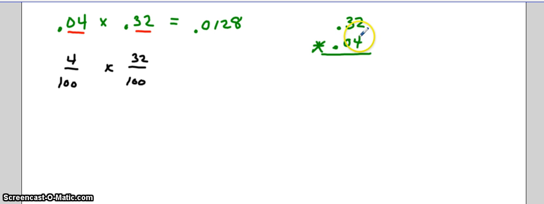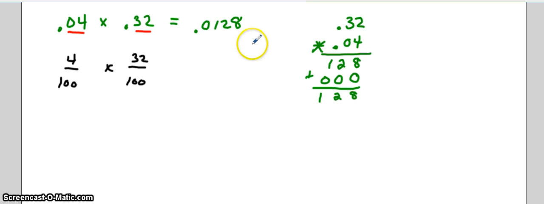So let's multiply. 4 times 2 is 8. 4 times 3 is 12. We're going to go ahead and write the 12. We're going to add a 0 because we're scooting over a place value. 0 times 2 is 0. 0 times 3 is 0. Okay, we're done. We're going to add those up. That's an 8, a 2, and a 1. Now, here's the part that comes in. We can't just say it's 0.128. So we're going to count our place values. Remember, we need to have 4 here. So 1, 2, 3. We have to add a 0 and then the decimal, because this should be